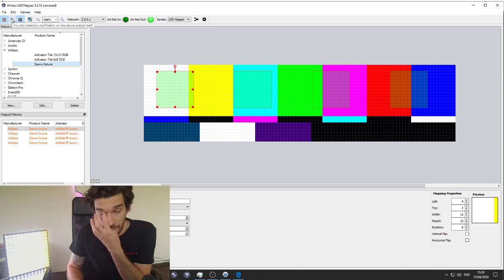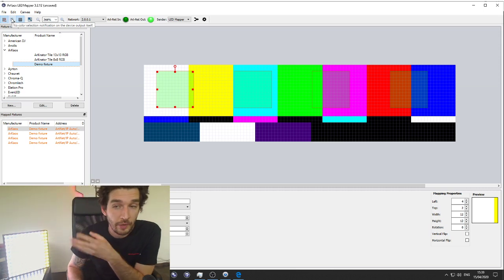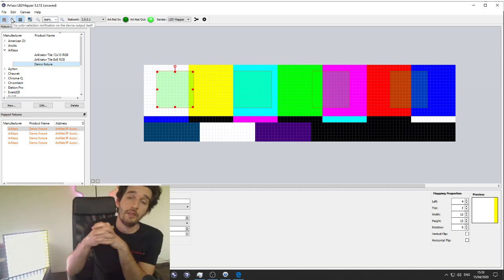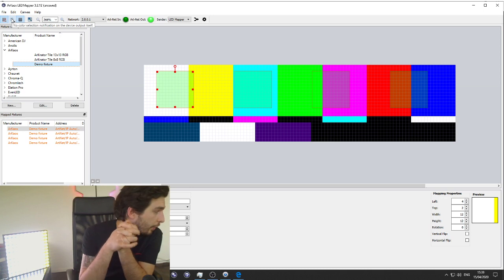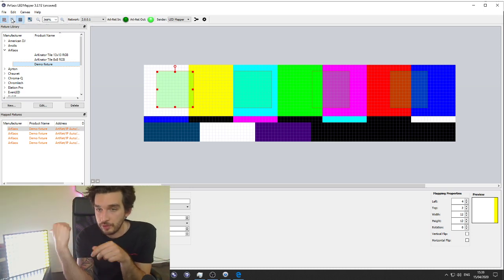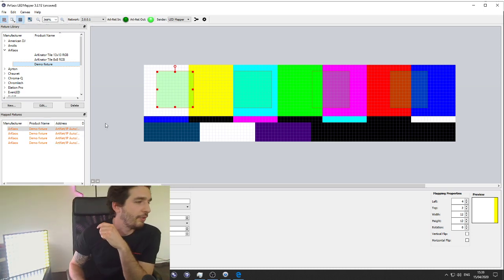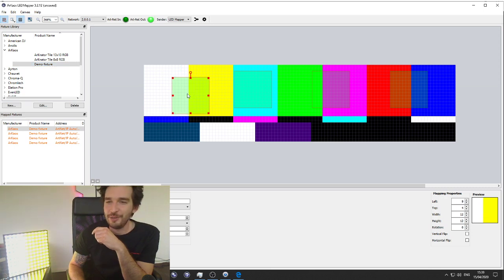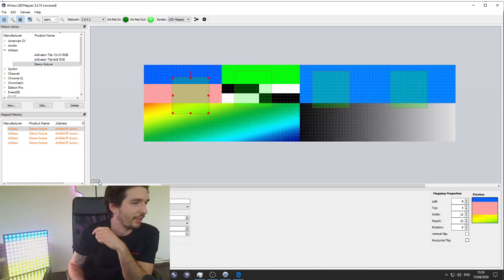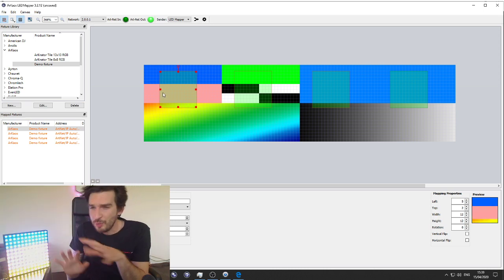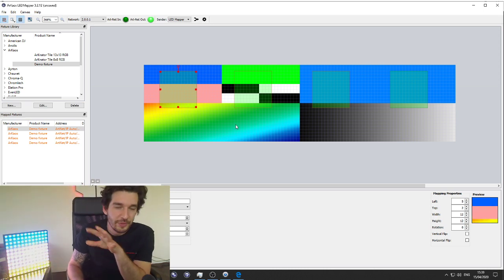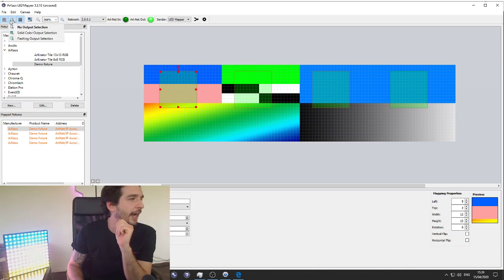Highlight. If you do have a lot of fixtures in your setup, most of our users have a lot of fixtures, they don't have only one like me. You like to move the position a bit, but you're not sure if you selected the right one. You have a nice option right here, which is highlight on selection.